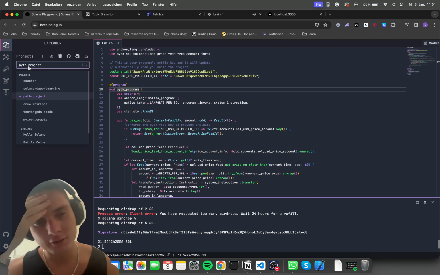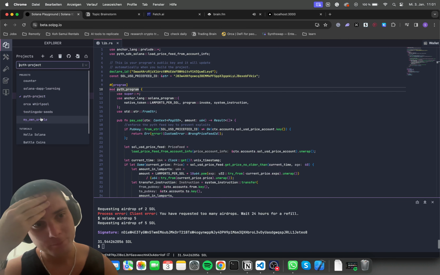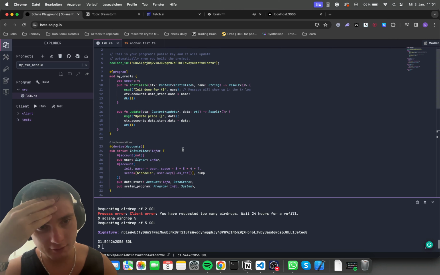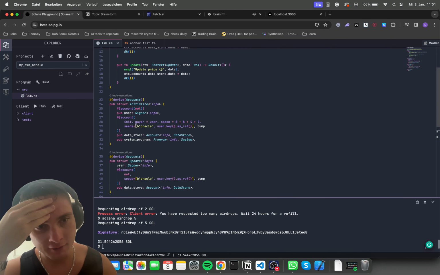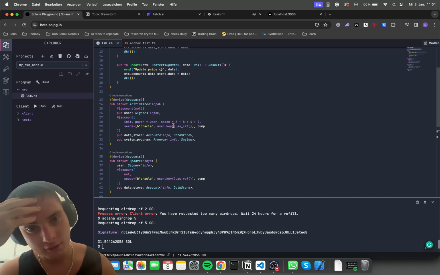Another question that I have is, was it that good to initialize the seeds with the user public key? In theory, reading from that PDA, anybody should be able to read from it. Just writing, you would need the